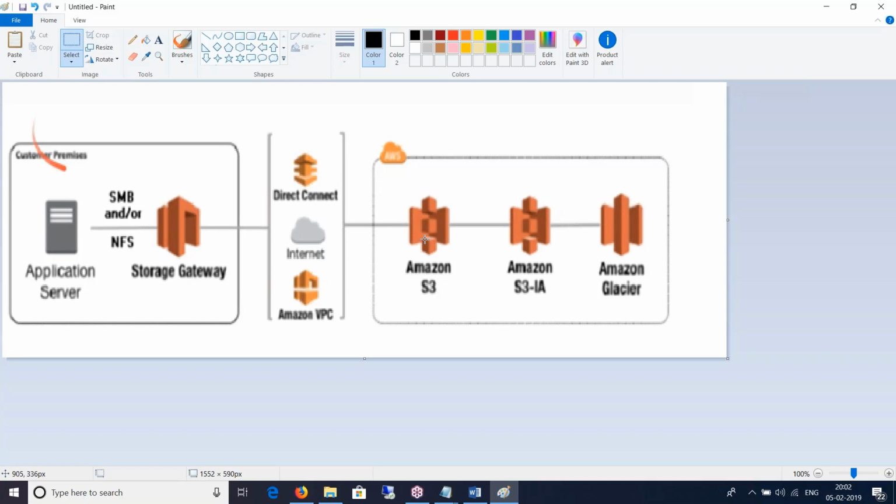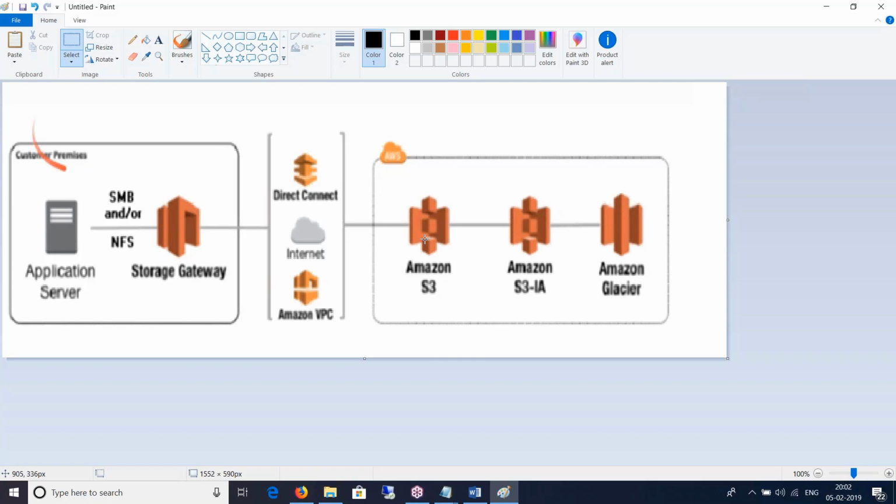Whatever the app server stores, say some file, first it goes to S3, and after some time it goes to Amazon Glacier. So if the app server requests that file, will it directly map to Amazon Glacier for recovery? No, it does not directly map to Glacier.